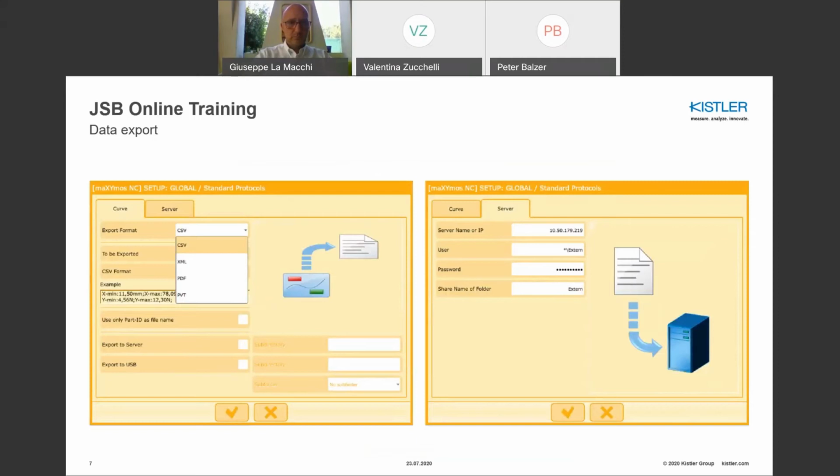Okay, so for the standard protocols, here you can choose first of all your export format. Like I already said, CSV, XML, PDF, and also PVT is available. And you can use the USB export. I don't want to show this one today. I would like to show you how you can directly export the files to, in this case, my laptop,